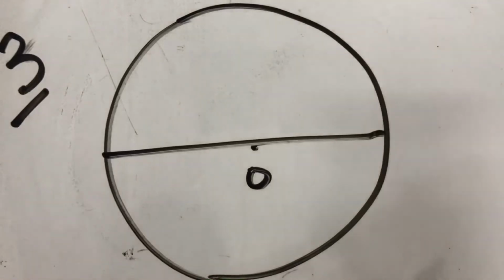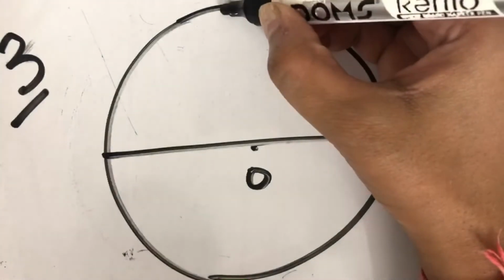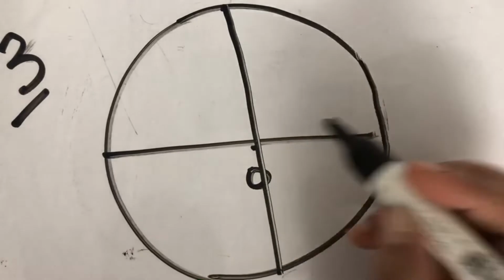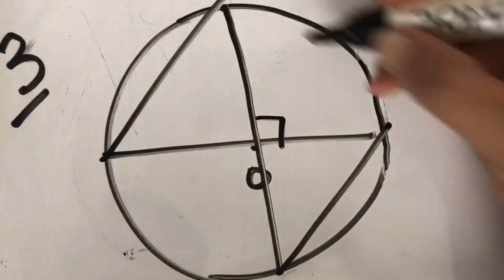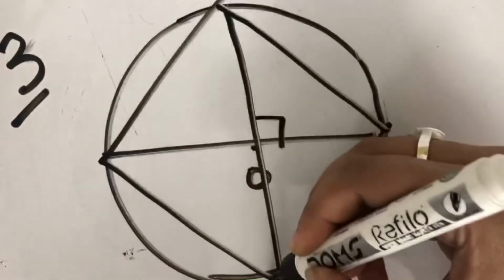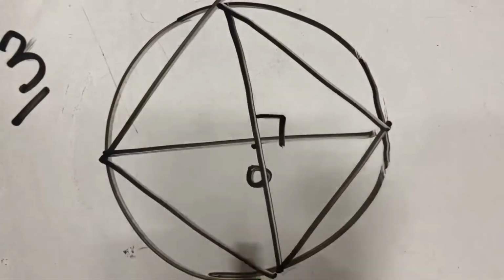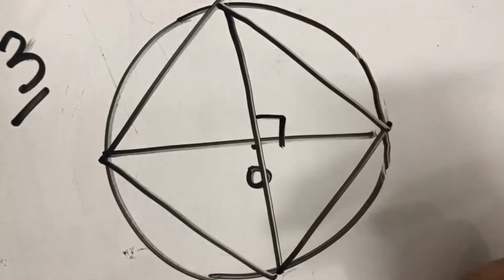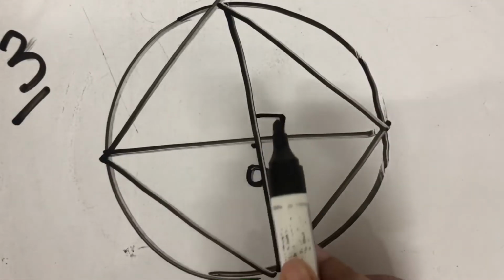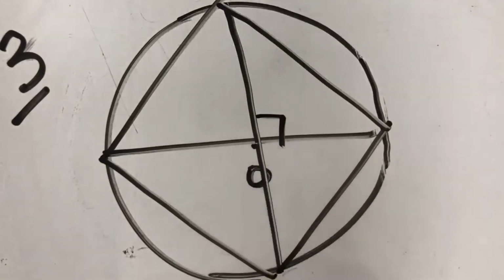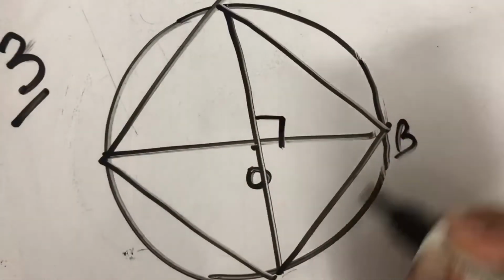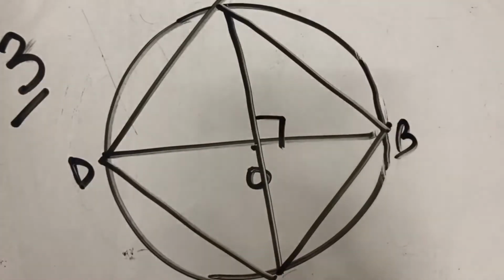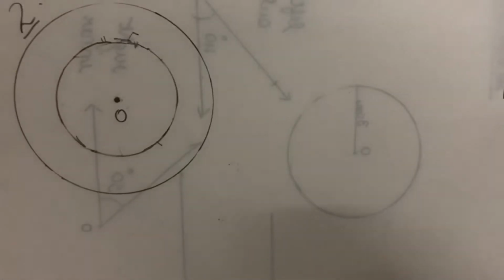If the diameters are perpendicular to each other, so if this is one diameter and these two are perpendicular to each other, now you have to join the ends. Now again you have got a quadrilateral with equal diagonals, and diagonals are perpendicular bisectors of each other. So it means now this figure ABCD is a square.